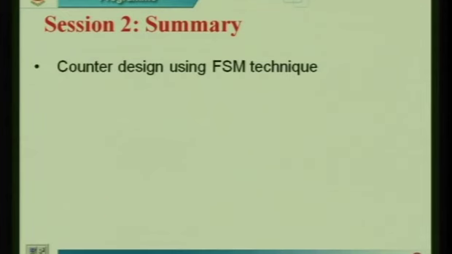So what is it that we had done? Frankly speaking, just one agenda we had. The agenda was to design a counter using FSM technique. Deliberately I have chosen the blackboard technique here so that we are able to teach the points one by one, look at the transition tables one by one, and some slightly new ideas compared to some old ideas which you have already used. So you do not have to get confused with the various methods applied elsewhere. Whatever methods you choose, it's good enough. I tried my best here to give something which can be much more methodical and easier to remember and much more optimal in terms of solution.